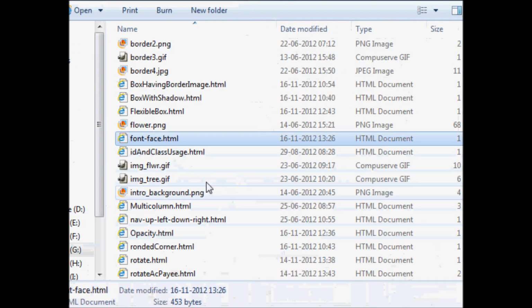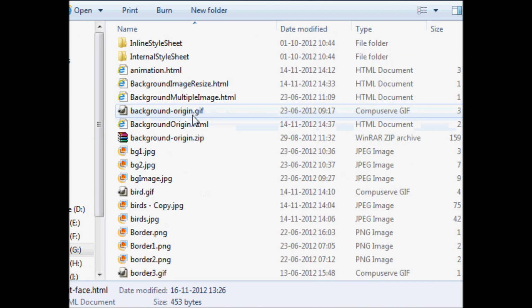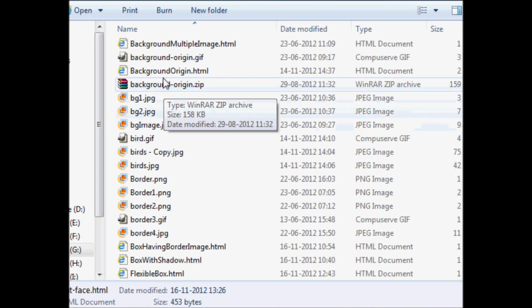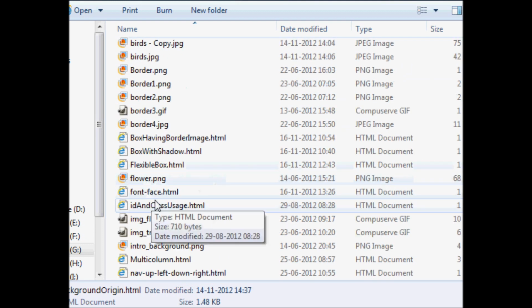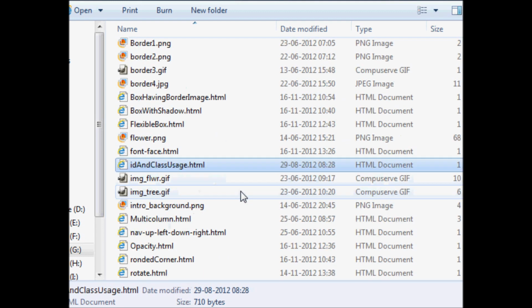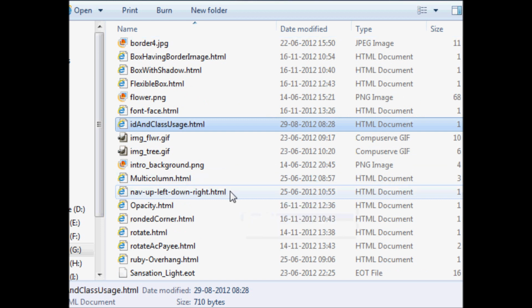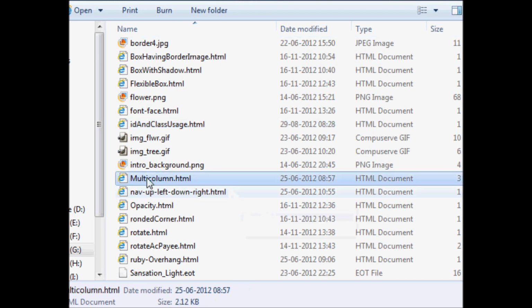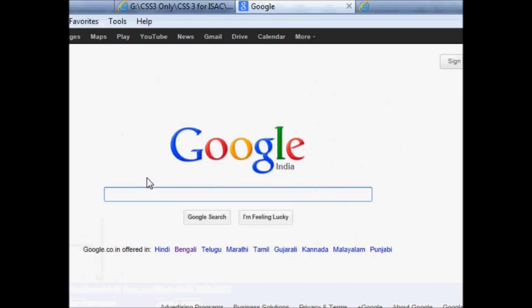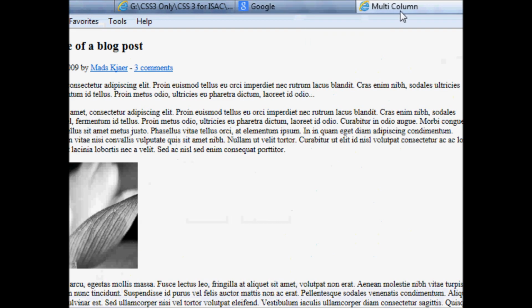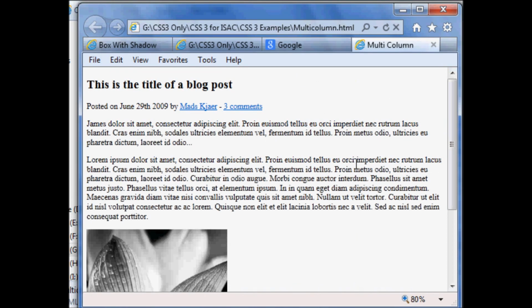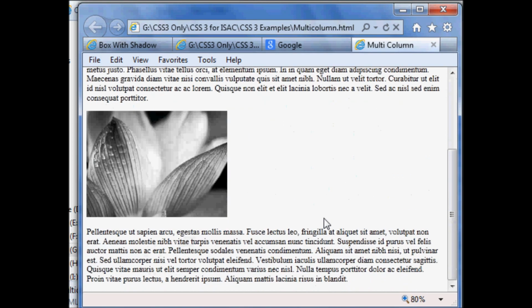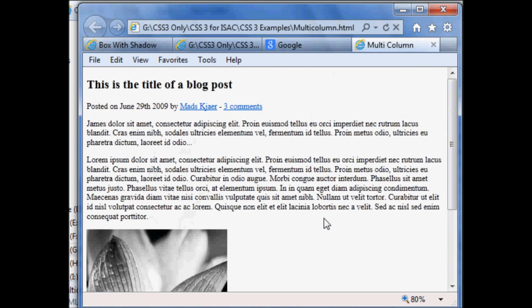Column count, multi-column. So if you open this code in Internet Explorer, see the output here. It is not coming in 5 columns, it is all coming in 1 column only, right?